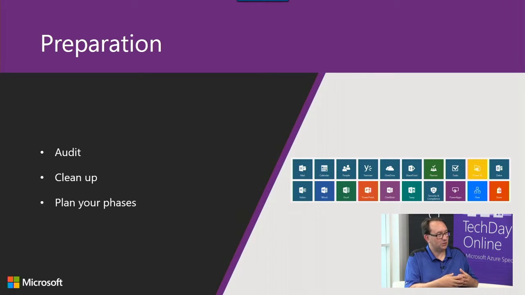There's a bit of disruption to those users already, and we batched it up, which I'll show you how you batch those things up by department. We did an initial sync, and then when they were being handed their laptops back, we pressed the button to sync their mail finally and move them to the cloud, and then they got their new laptop back, new Office, and they were running in the cloud.